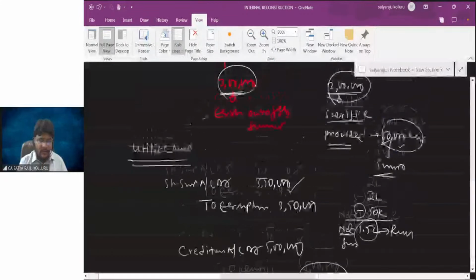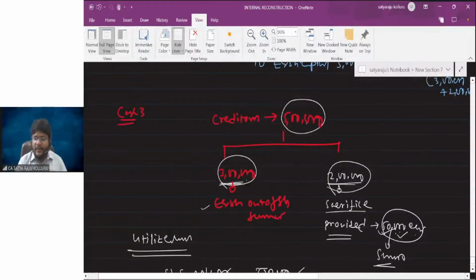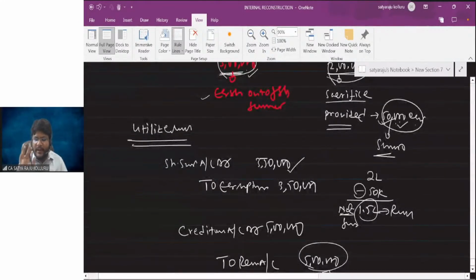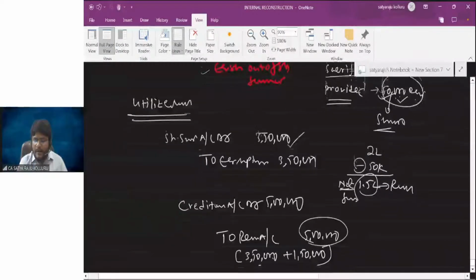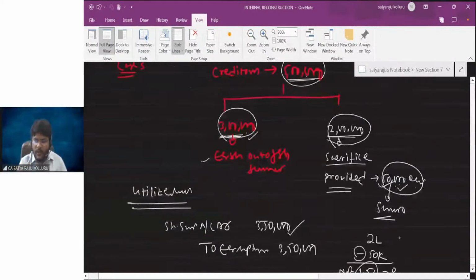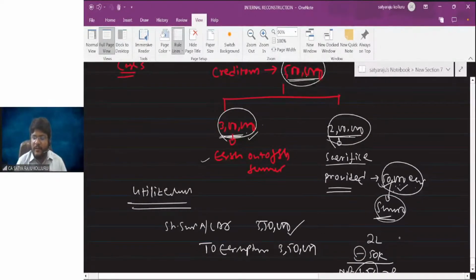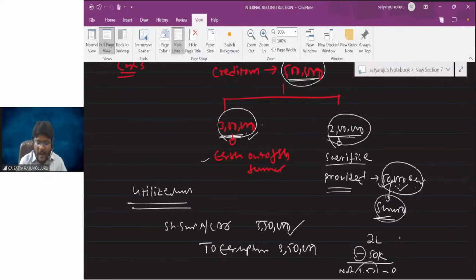Okay, I'll explain the third case once again as per the request of one of my students. Sir, creditors balance is given at 5 lakhs and we are issuing equity shares of 3 lakhs by utilization of share surrender. For that, no doubt, right? That is share surrender to equity share capital 3 lakhs and creditors to reconstruction 3 lakhs. Now for the remaining: out of this 2 lakh gross sacrifice, in return they're expecting 50,000 worth of equity shares. Such 50,000 worth of equity shares also we are issuing by utilization of share surrender. Then you can add one more 50,000 here.